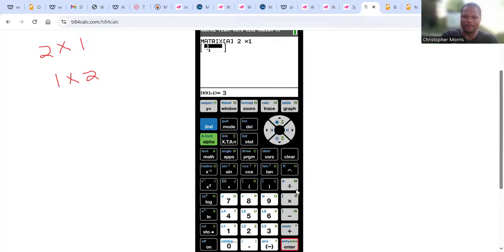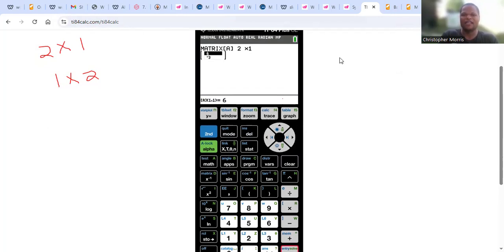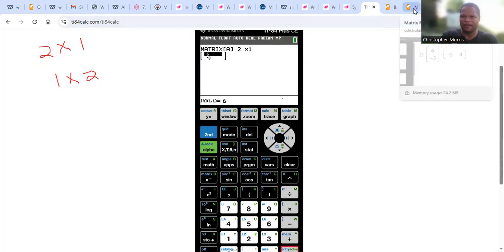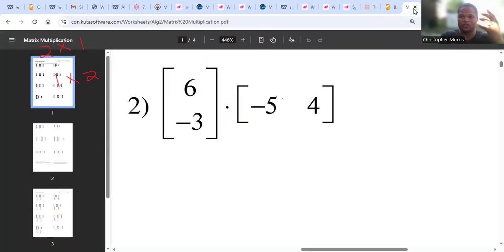So you just want to double check that and just plug those numbers in, hit 6, hit enter, and then I think it's a -3, hit enter, and boom, you have 6 and -3 in your matrix in your calculator, just like you see on this problem that you could see on the ACT, SAT, or in your Algebra 2 class, right? Okay, so